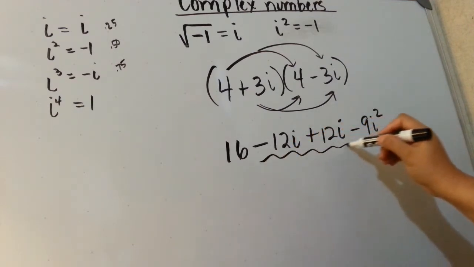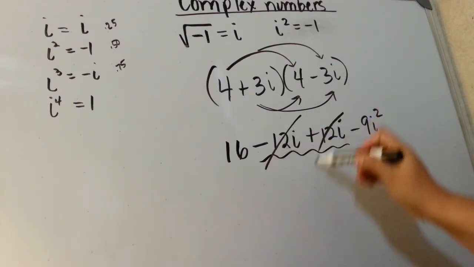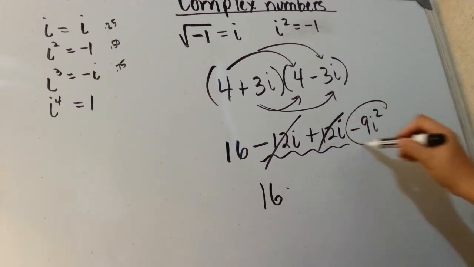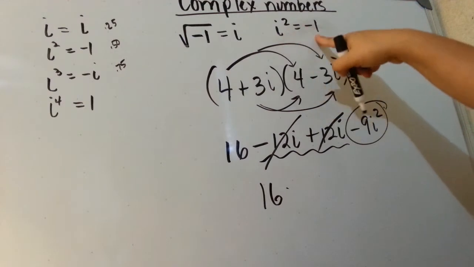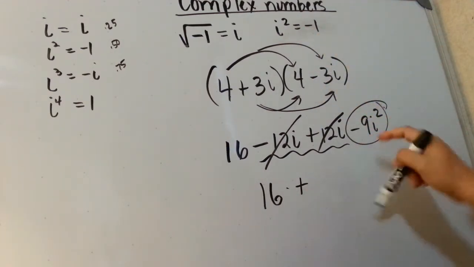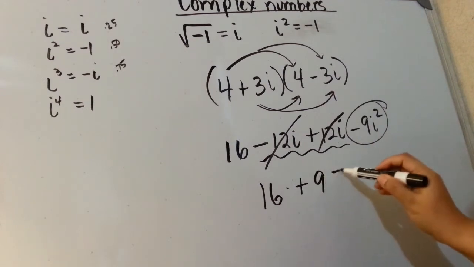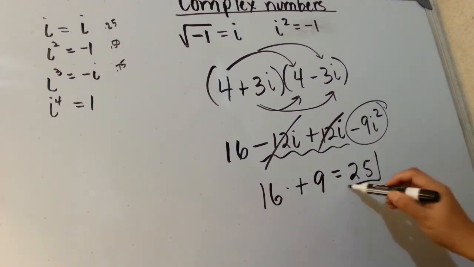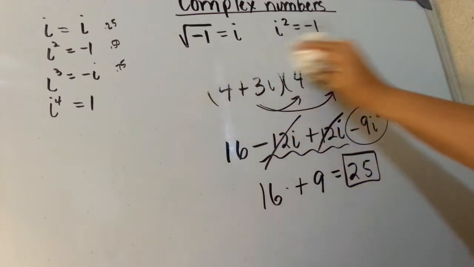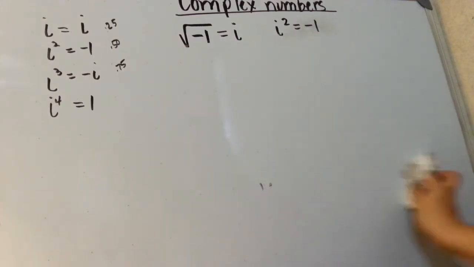And what do you notice about the middle terms? They cancel. Right, so we have 16. What do we say about i squared? i squared is a negative 1. Negative 9 times negative 1 is a positive 9, so it changes the sign. So we can see when you multiply conjugates that the middle terms are going to cancel. So one of the things that I tell you in class